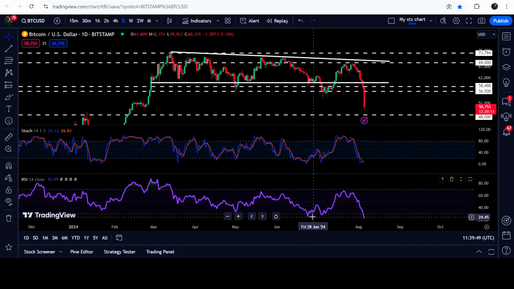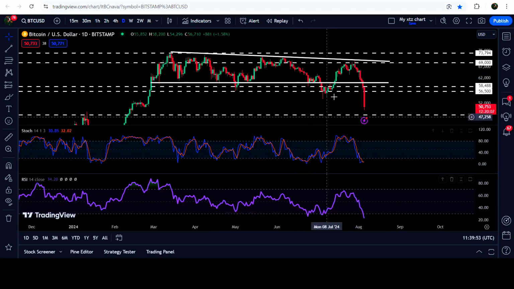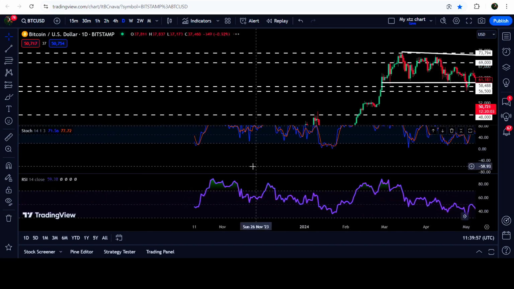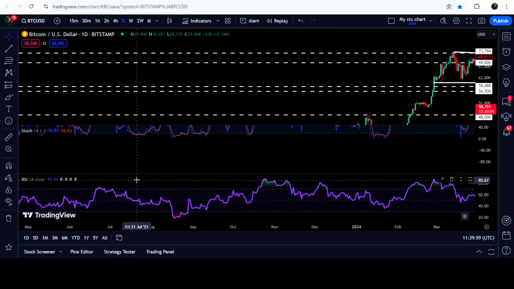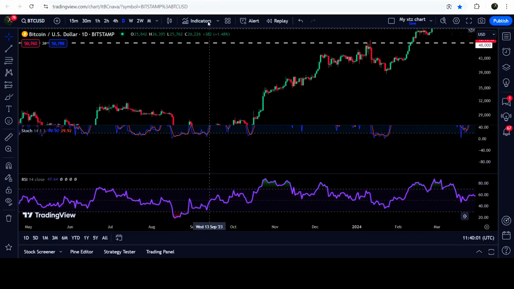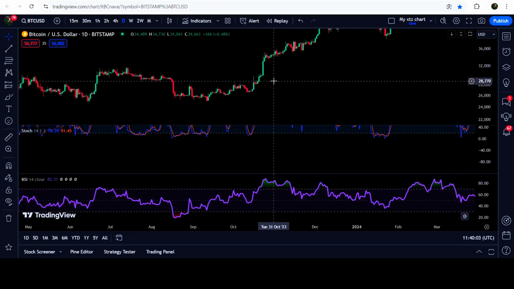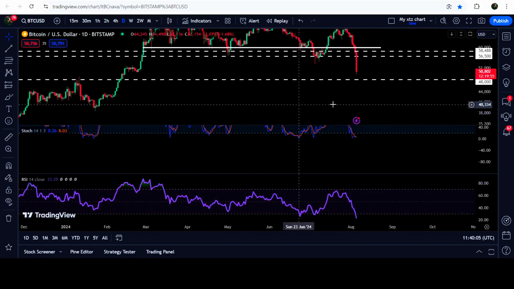This time, by the way, we had a small correction. And after that, the price line again dropped down. Then we had a big correction move, a very nice move, nice rally. And before that, it also happened here when it entered the oversold zone. Then you can see that after that, we had a very, very massive rally.